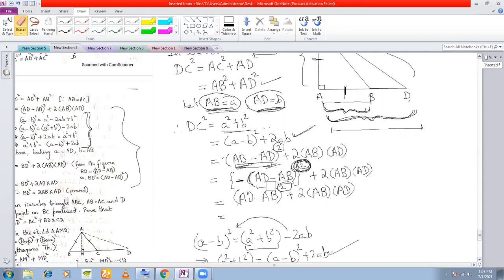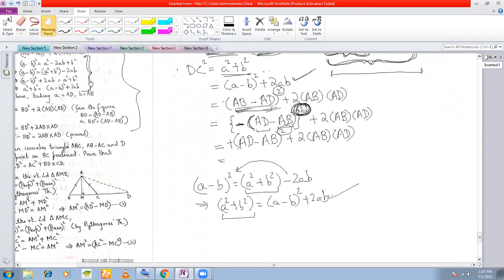Yes. Yes, sir. Who was asking? Srija was asking, right? Tell me, did you understand or not? Yes, sir. Now it's clear. Okay. So now that we have minus raised to an even power, that means now this minus sign will become a plus sign because minus has been raised to an even power, 2. So this is AD minus AB whole square plus twice AB into AD, right?